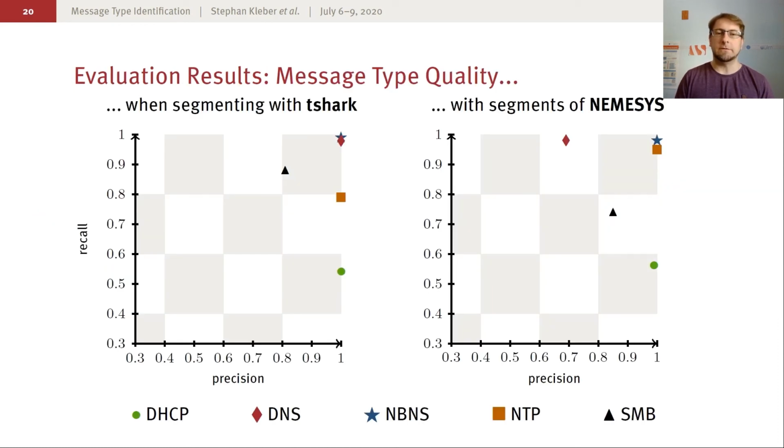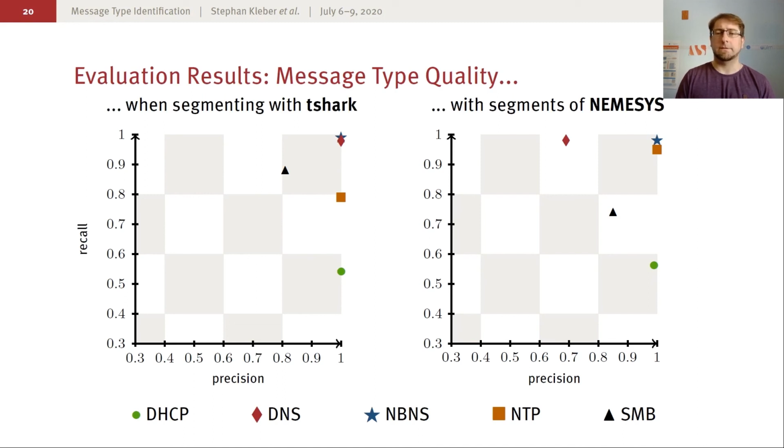The evaluation of our protocols shows that using segments yielded by T-Shark, we can almost always achieve the perfect precision of 1. And also the recall is quite reasonable, with the only exception of DHCP, which is a quite complex protocol. T# denotes the theoretical optimum that our approach can achieve, given that the segments perfectly match the fields of the protocol.